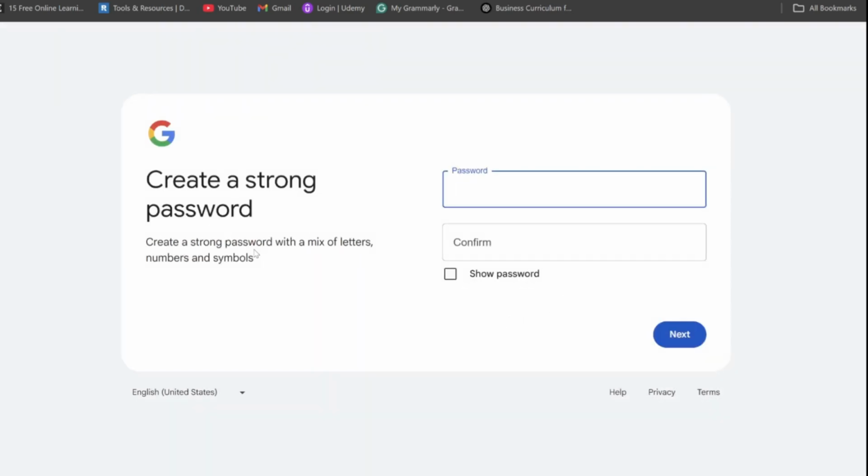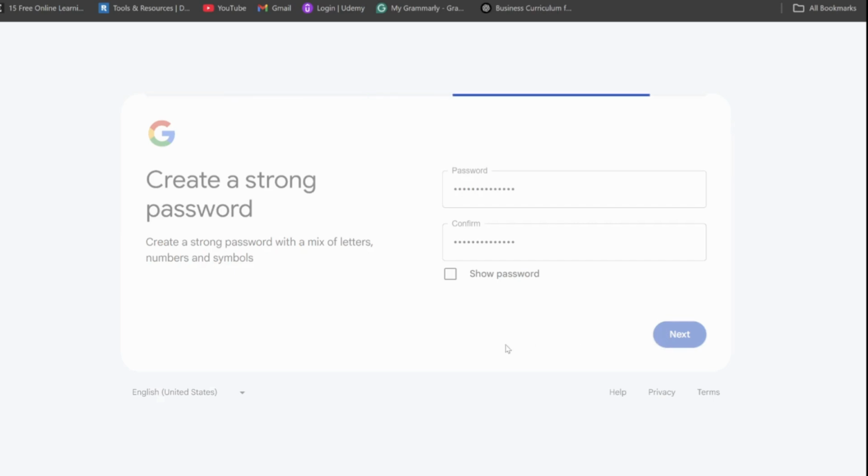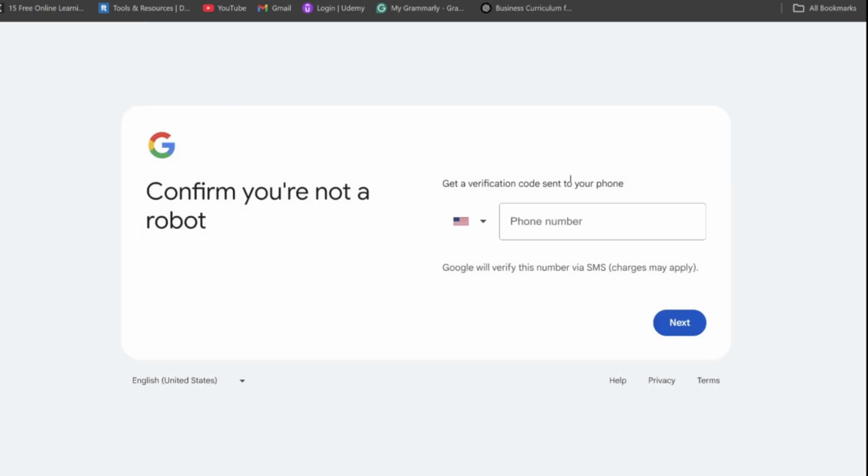Okay, if it was not available, it will have a red mark and tell you, and it can suggest a different name. So here we have to create a password. Okay, I'm just creating it. Okay, and continue. Now you can put your phone number,